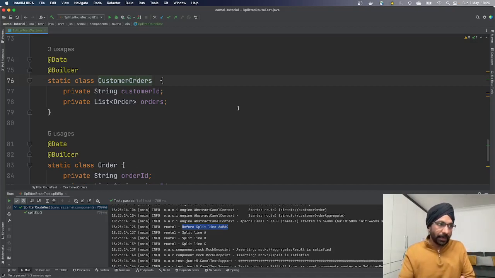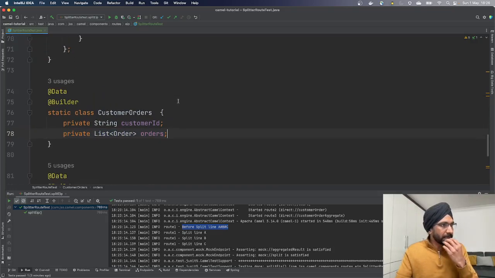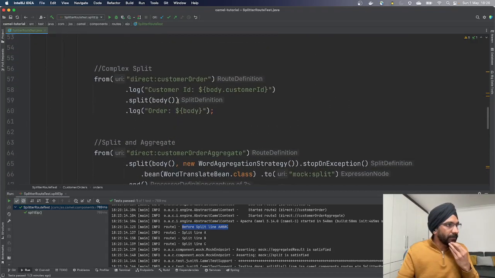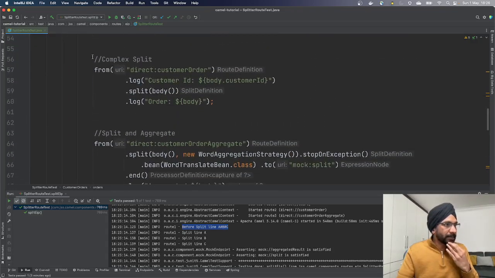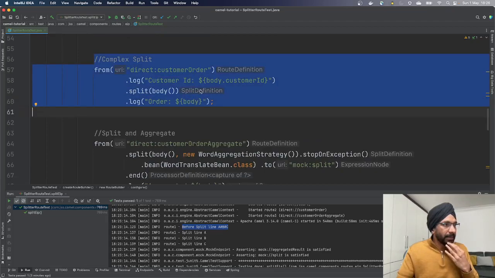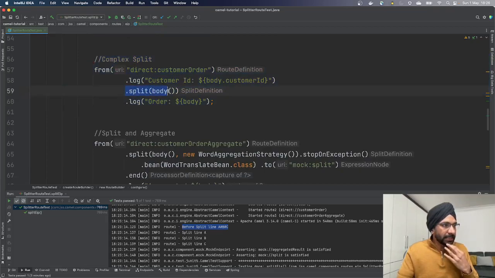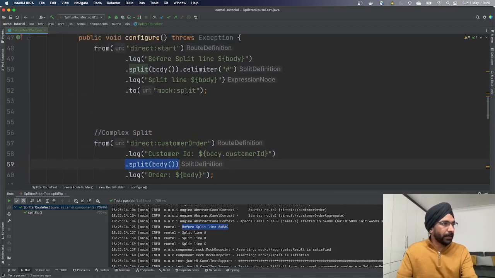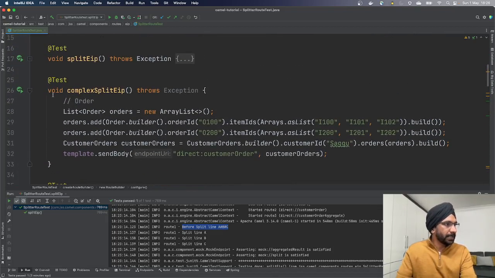So what we have to do now is tell Camel: can you please go inside this object and try to split it based on these orders. Okay, let's do that. How can we do it? If you take a look at this complex split over here, if I just do this split body, let's see what will happen. If I try to run this particular test at this moment,